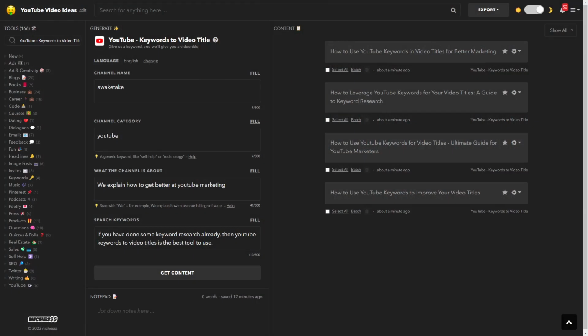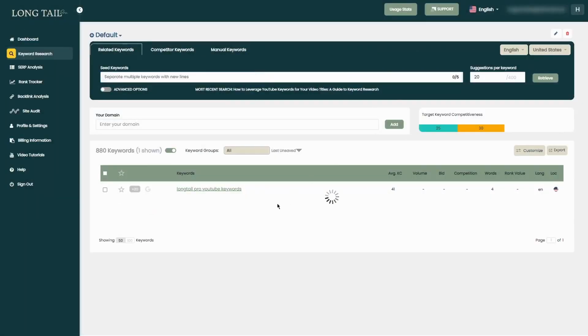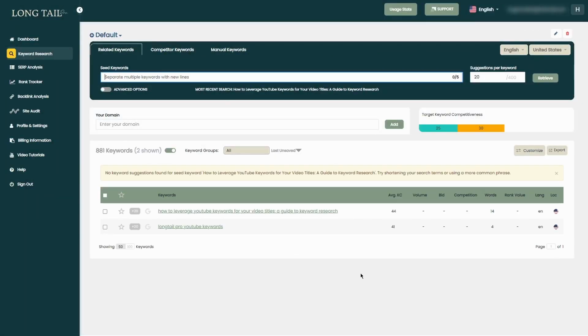My content is usually made around very specific keywords, so I tend to use this tool more often than the others. With that being said, you can also just include generic, broader keywords to get different long titles and then double check them on your keyword research tool as a way of finding low competition keywords, or just doing